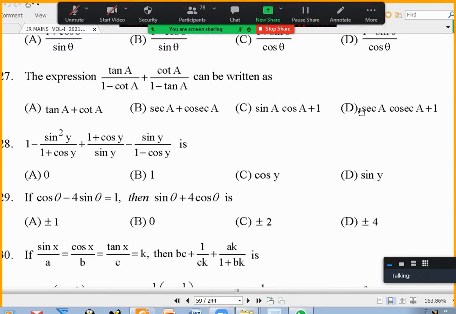Anybody can say that tan A equals sin A by cos A and cot A equals cos A by sin A also we can do, no sir? Yes. Then you will get cos A minus sin A in the denominator by sin square A cos A and cos square A sin square A. There also cos cube minus sin cube, some kind of formula will come, right? Yes, sir.